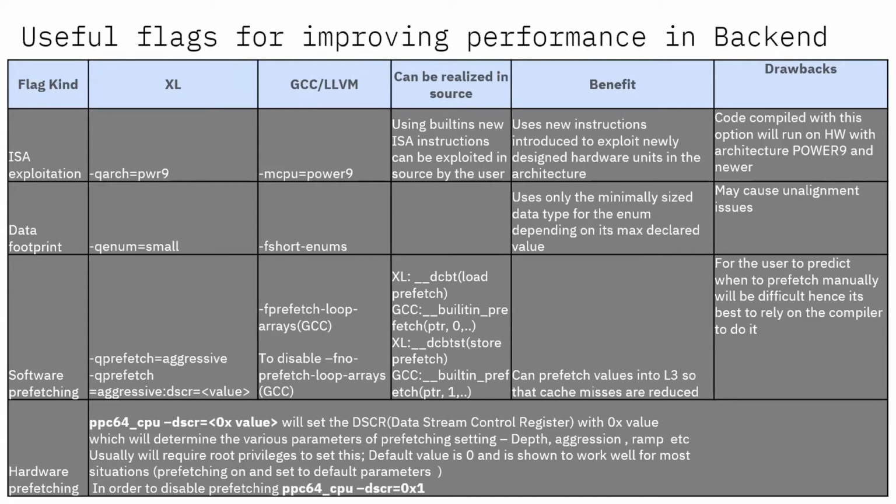So essentially, to use any of these new ISA, you will need to use that specific architecture option that's described here in the table, so that the compiler generates the appropriate instructions for that particular architecture, right? So let's look at some of the cache-friendly optimizations that we can do.